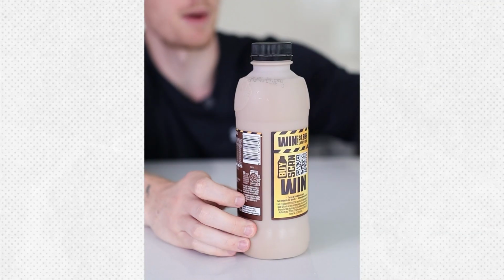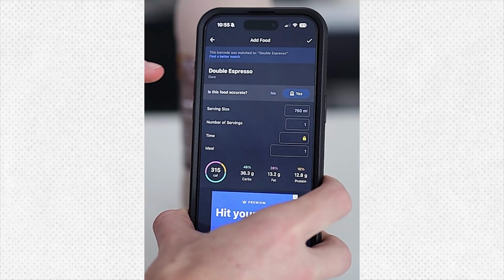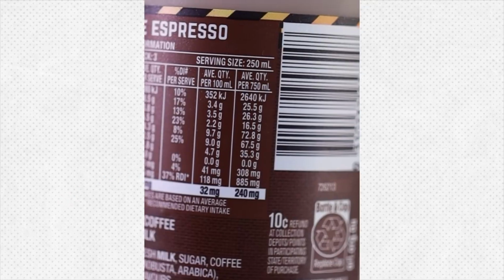This one is different from sneaky calories because you are actually tracking them into your day. You might just be doing it wrong. Now, the most common way we see this is when calorie tracking apps give you incorrect data, which to be honest happens all the time. For example, when I used MyFitnessPal and scanned this barcode of this Dare iced coffee, the calories were